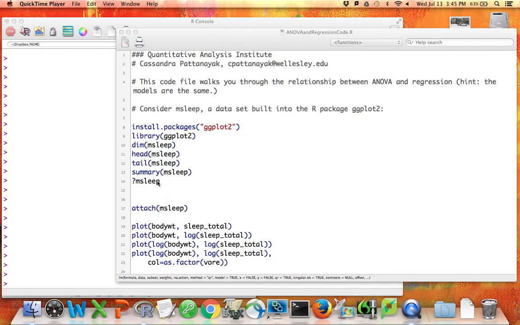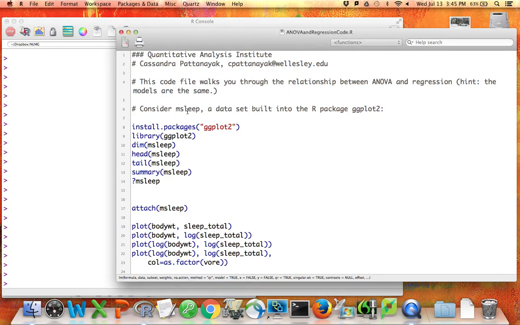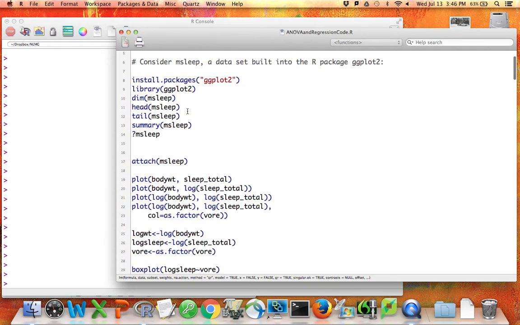The data set that I'm going to use is called mSleep, and it's a data set that's built into the R package ggplot2. This is not a tutorial about ggplot2. You don't have to know how to use ggplot2 at all to be able to use the data set. All you have to do is open the package. So in my R console right now, I have already installed the package on my computer, but I'm going to go ahead and run the line for library(ggplot2), which means that I now have the mSleep data set